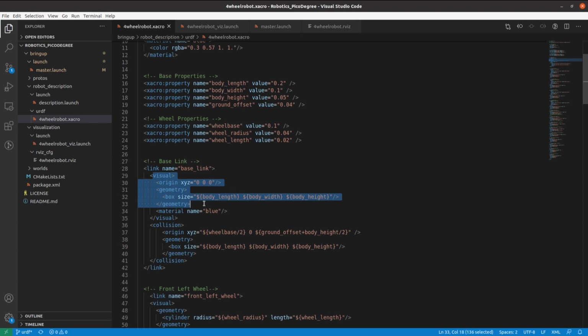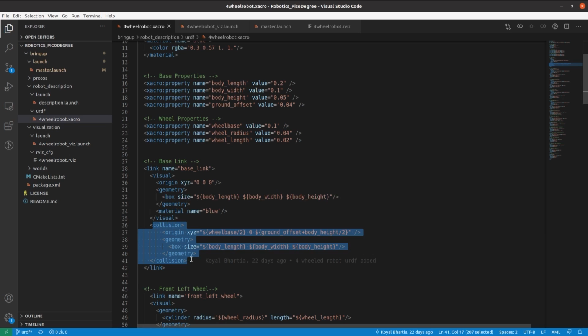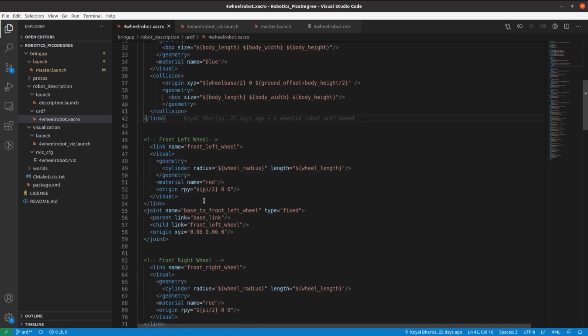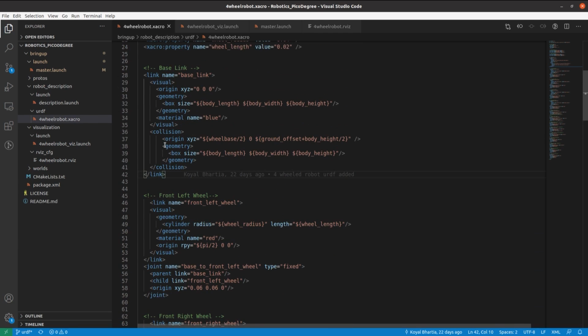The visual is the most commonly used, and as the name implies, it is what the robot looks like. Here, in the case of our base link, we have given the body dimensions as a box. You can have different kinds of geometries here, like a cylinder, sphere, or you can even import your own mesh. This collision element is needed to get the collision detection to work. In our case, we have taken care of collision for the different joints in our VBOTS Proto, and it's okay not to have the collision element here.